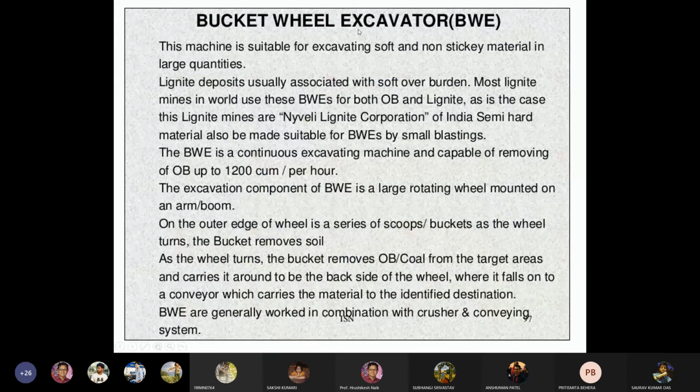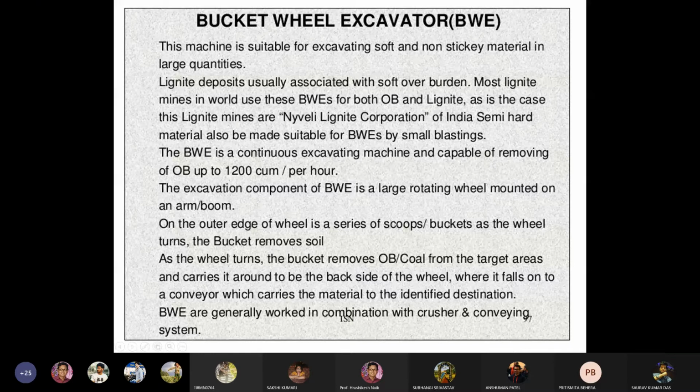This machine is suitable for excavating soft and non-sticky material in large quantities. Lignite deposits are usually associated with soft overburden. Most lignite mines in the world use these bucket wheel excavators for both overburden and lignite, as is the case with Neyveli Lignite Corporation of India.